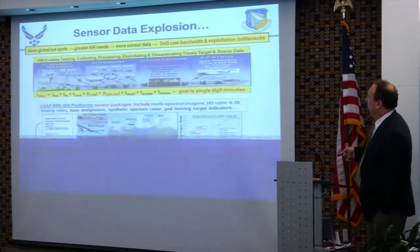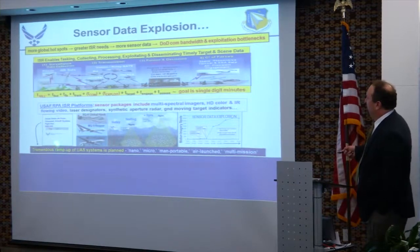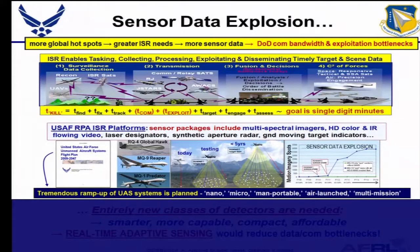Next. Okay. And so I just wanted to show where all this data from these UAVs is coming from. Of course, over in Iraq and Afghanistan, we've been using the Predator, the Reaper, the Global Hawk. The Predator's being phased out for the Reaper here. And currently, the sensor ball in the front has two focal plane arrays. It's generating at least 500 megabits per second. So it requires actually two full data links to be able to handle this amount of